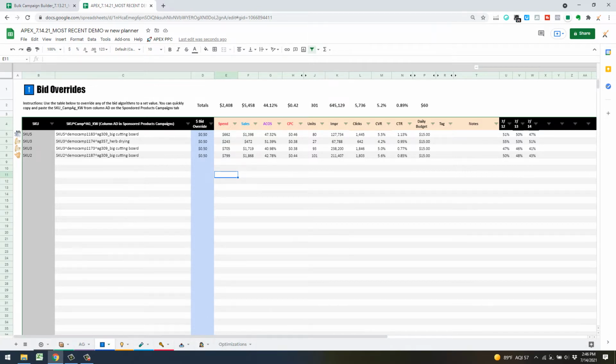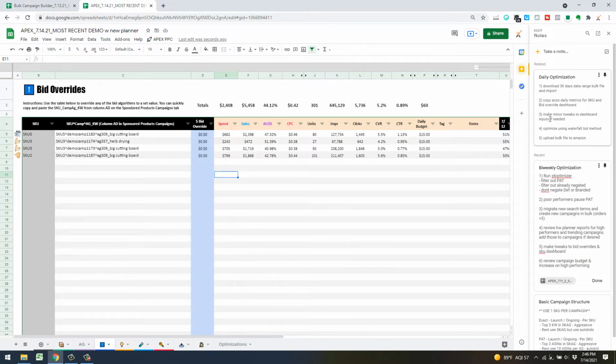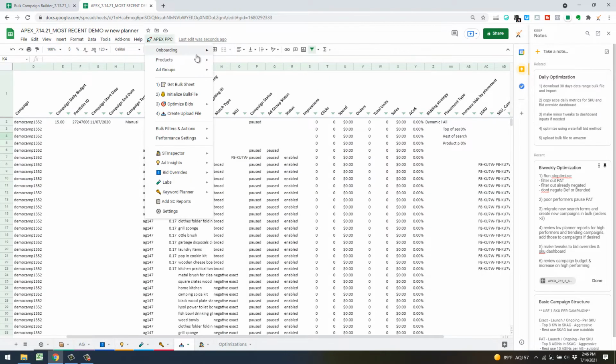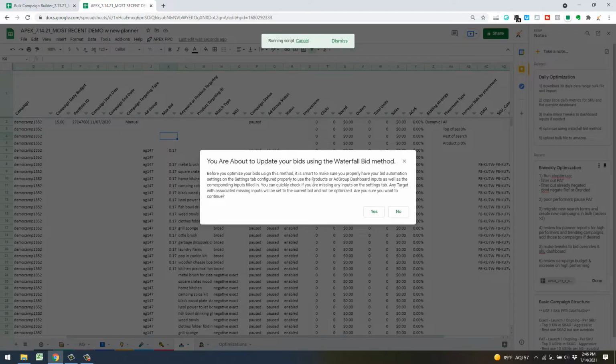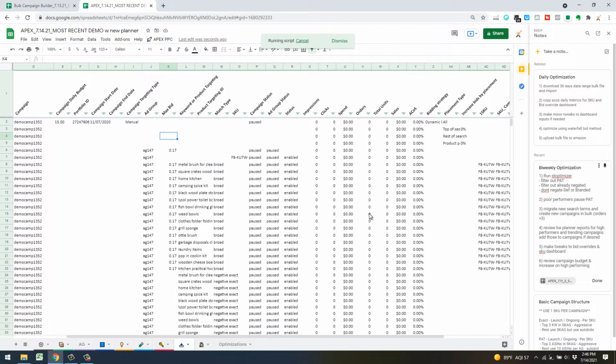So if I'm going back to my daily optimization, I'm making minor tweaks to the dashboard inputs and the bid override if needed, and then literally all I'm doing is going over to my bulk file here. And the optimization algorithm that I've been using is the waterfall method. You got 2 other ones here I've got some videos on. You can learn more about those. The waterfall bid method I like because it's conservative and it just performs well for me. So I just click that button, get a little prompt there, hit yes,